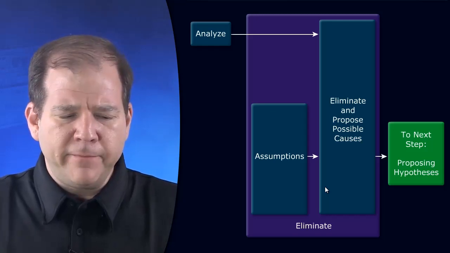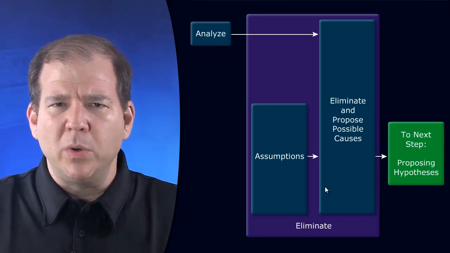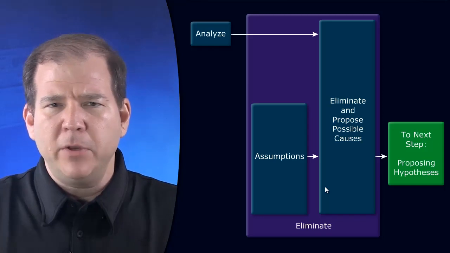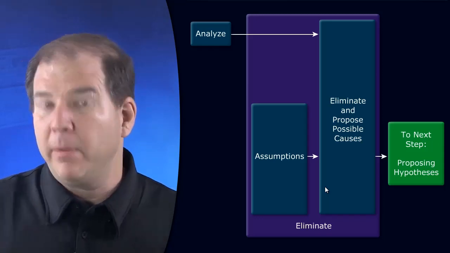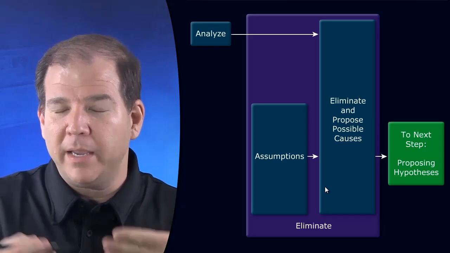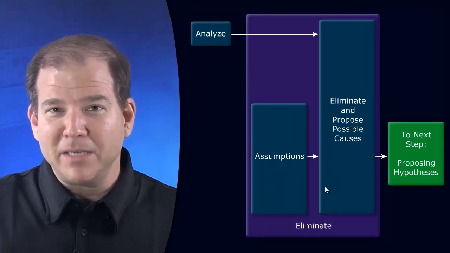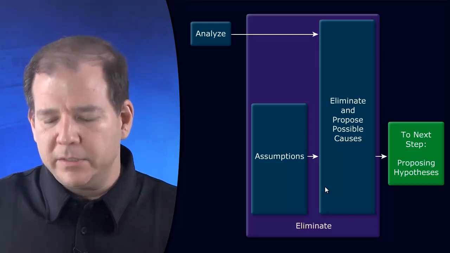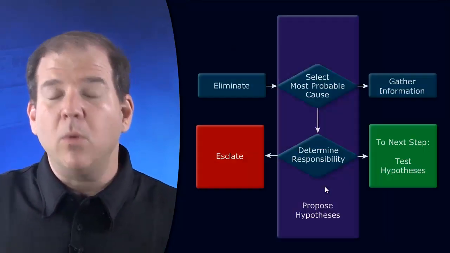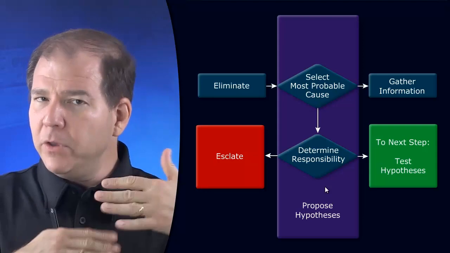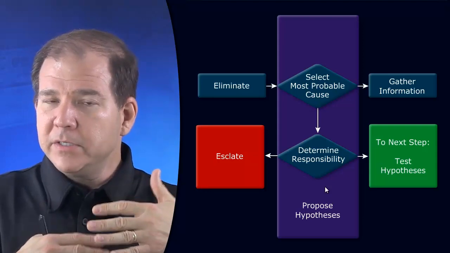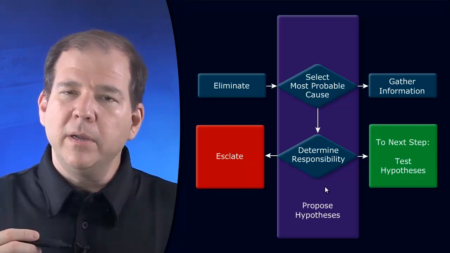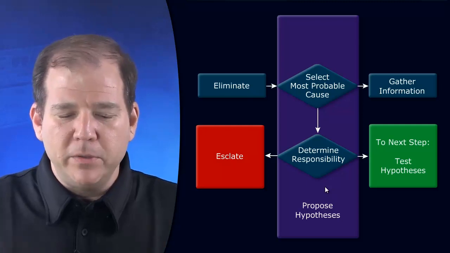For example, if this problem happens only occasionally, maybe during a certain hour during the day, it's probably not an access control list that's blocking traffic. I suppose it could be a time-based access list, but in general, it might not be an access control list. We start to eliminate things that just do not make sense, and we might be left with a few possibilities, but we're going to come up with our list of most likely suspects, and we're going to propose a hypothesis.